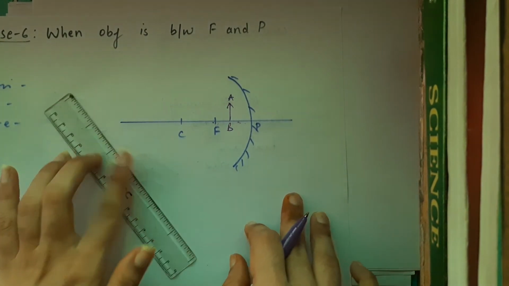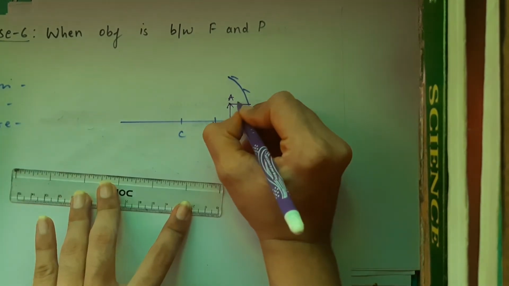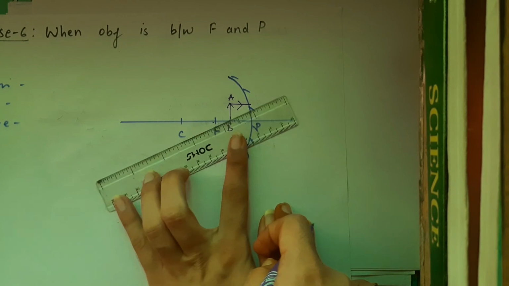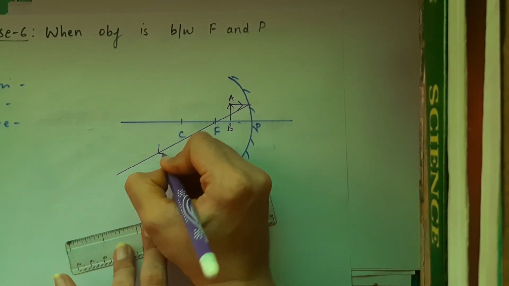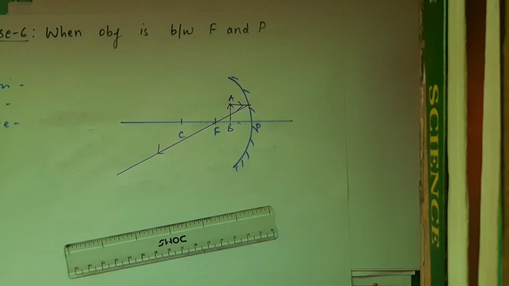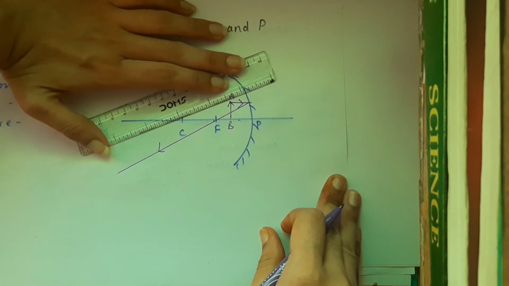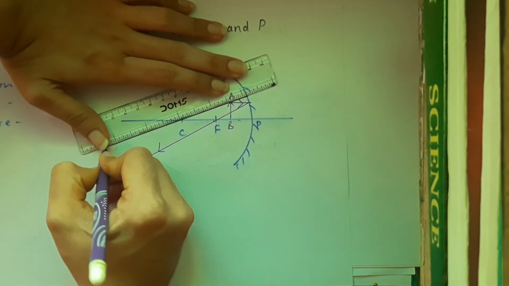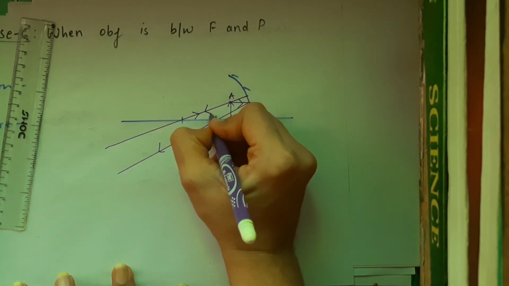Now let's draw the light rays. So the light ray goes parallel to the principal axis. After reflection, passes through the focus, right? Okay, that is fine. The next light ray will pass through center of curvature. So let me make that. You just have to follow the rules, that's it. So it's going to the mirror and reflects back. You know rule number 3.